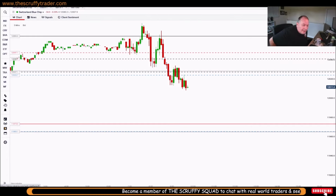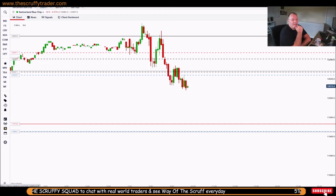Okay guys, decided to take the money because it's stalling a little bit. My push down hit the target. I actually targeted more than I required. Should have been 11 ticks. If I left it at 11 ticks, it would have smashed into target and would have been done. However,